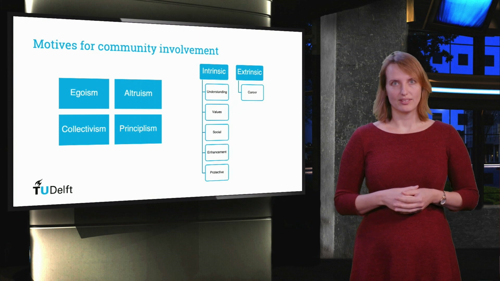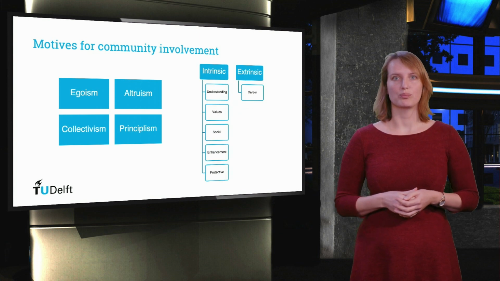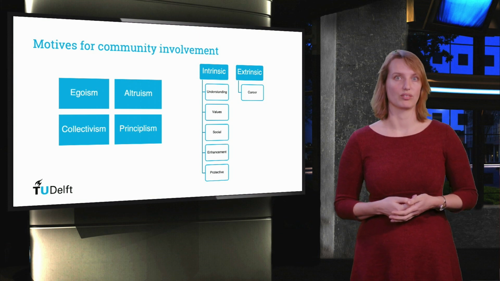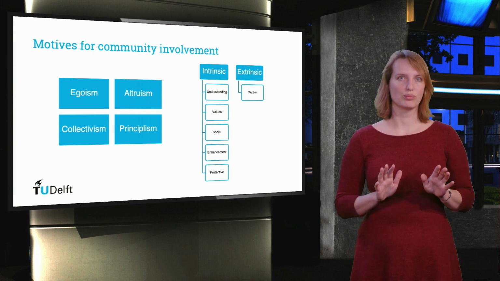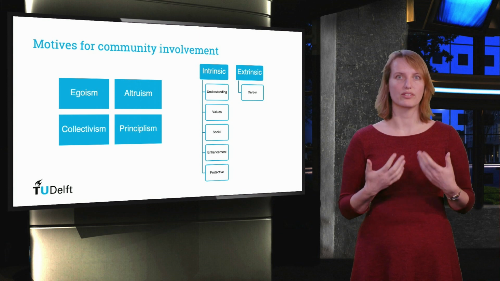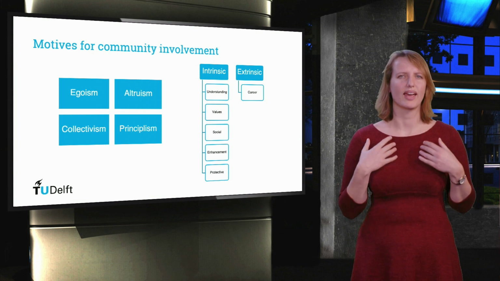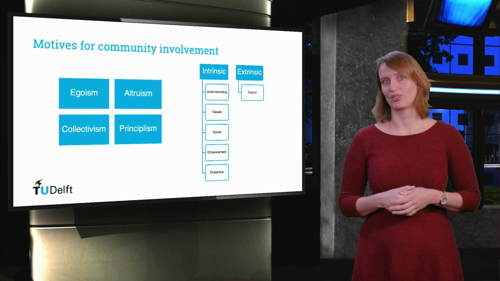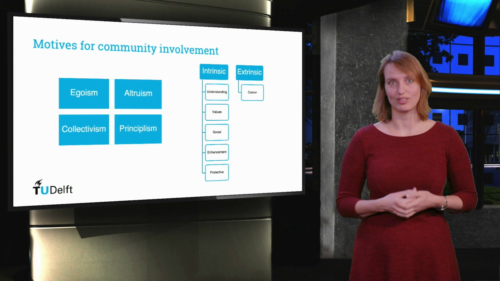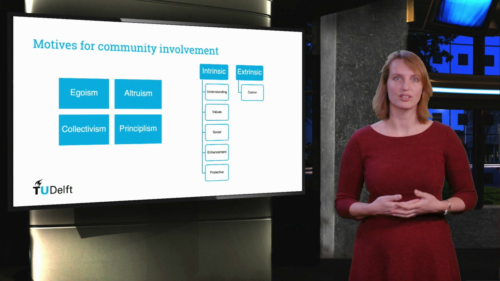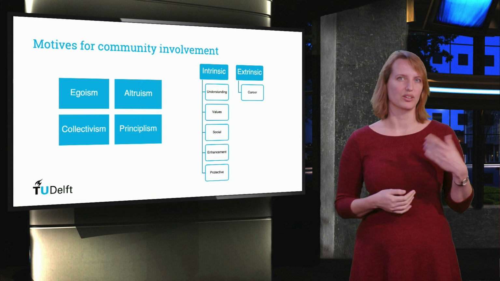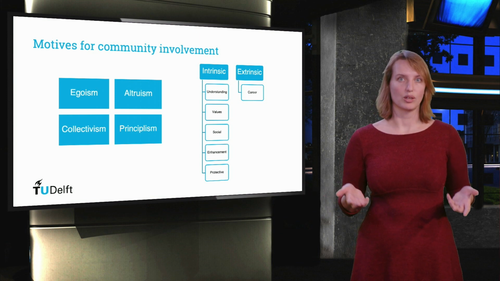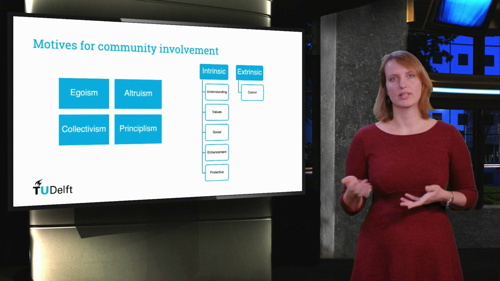On the right side, you have the synthesis by West and Pateman, where they recognize intrinsic and extrinsic motivation of volunteers. Intrinsic motivations describe the desire to volunteer because it is in some way inherently interesting or satisfying. In contrast, extrinsic motivations describe the willingness to volunteer because it leads to some other outcome, such as getting a job because they hope to gain experience that will benefit their future career.